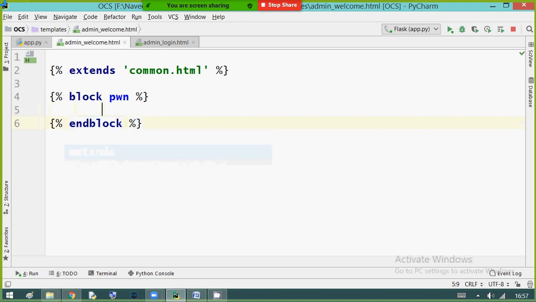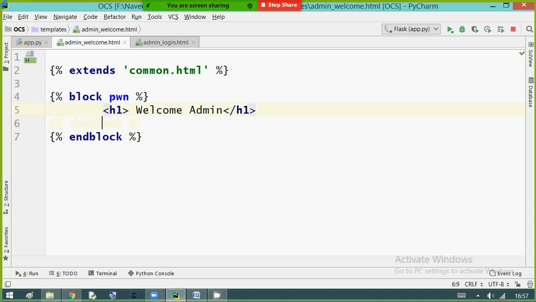In between, a simple message as of now, saying welcome admin, and within the same line I'll show the output saying Naveen.